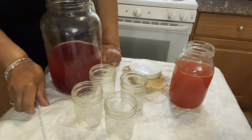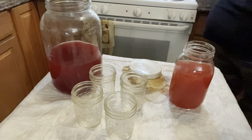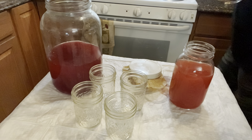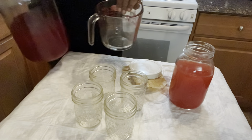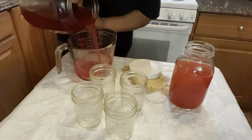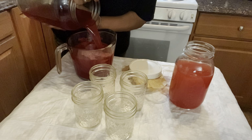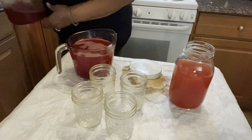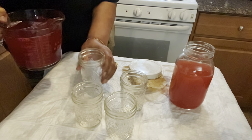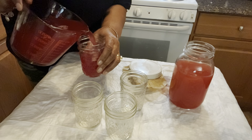The pomegranate, which is chilled. This one is fresh. So then what I do, I take something that's smaller. Since this one is already chilled and ready to drink, I will pour the JUN or your kombucha in here with a pretty pomegranate color. And then I like to pour mine in these small